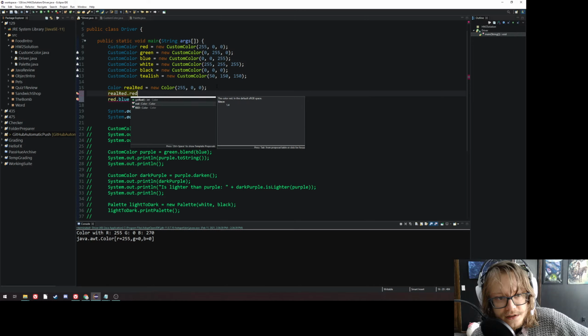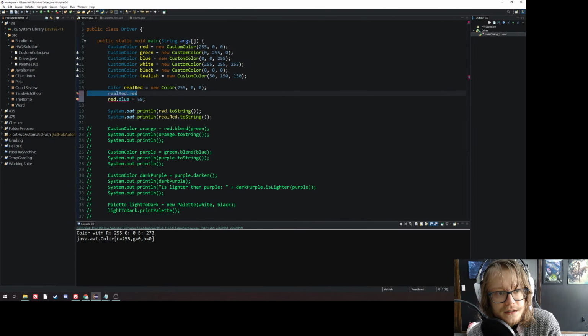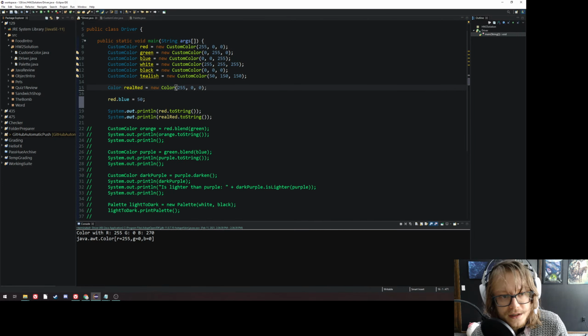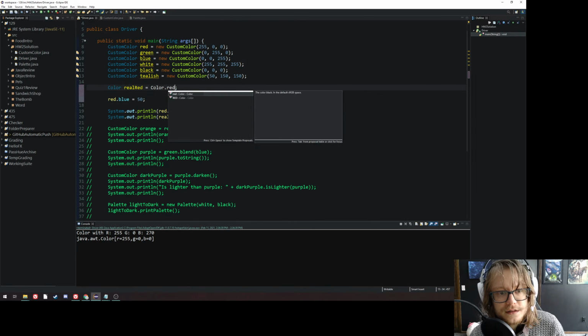They are not integers, they are colors, and that is actually a placeholder for this color, which gives you a really convenient thing you can do if you want any of the true colors: red, blue, green, cyan, magenta, any of the true colors being the 255s, the 255, 255 zeros, any combination thereof. You can access those by just saying color dot, and then there's a red, a green, a blue, a cyan, a